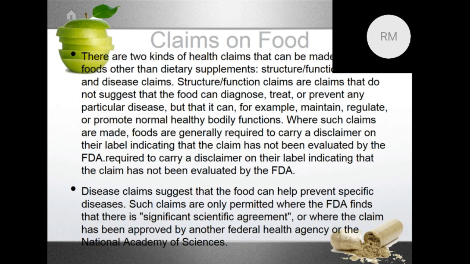We are also discussing food safety. What I wanted to point out is that these points are also discussed in the classical Ayurvedic texts. They distinguish between structure function claims and also disease claims. So disease claims are when we say that foods can prevent specific diseases. So in today's world, you need regulatory clearance to be able to make any disease claims. There has to be a lot of scientific studies which give evidence that that food has effect on a particular disease.